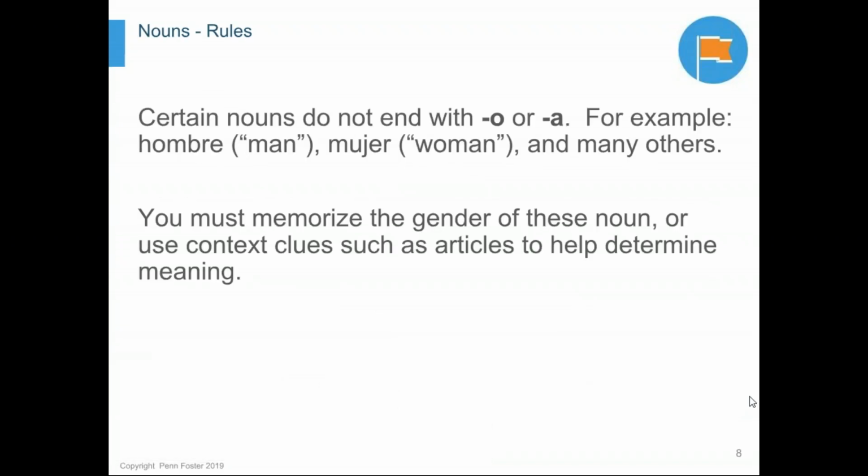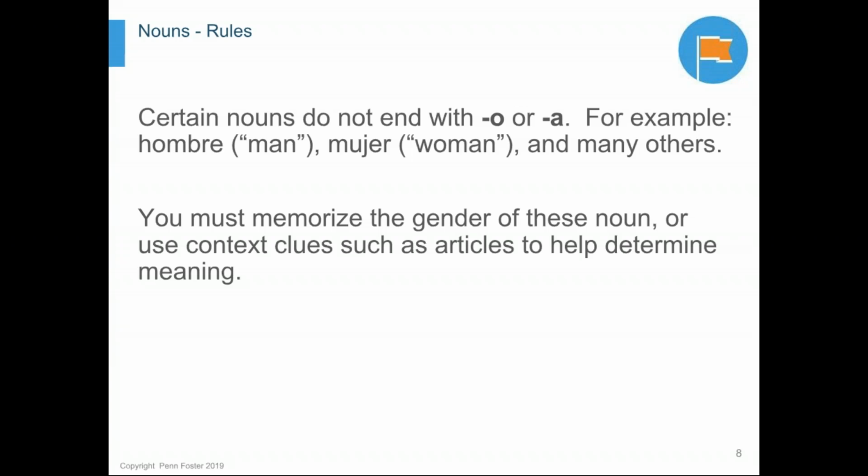As we continue forward, we will still talk about nouns and some other types of nouns. As I said earlier, some nouns are not going to end in O or A. You see some examples on this slide. Words like hombre, meaning man, or mujer, meaning woman, and of course many others. In this case, you're going to have to memorize the gender of these nouns, or use context clues such as articles to help determine their gender